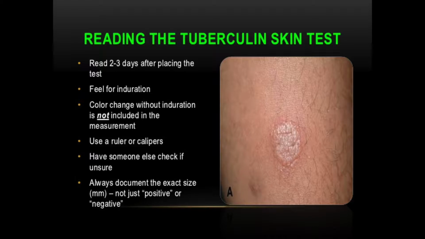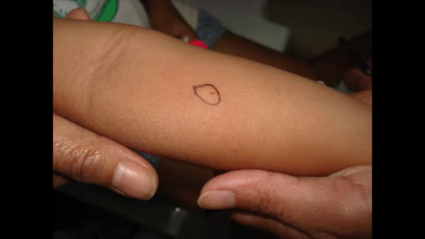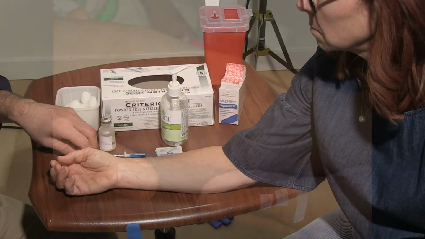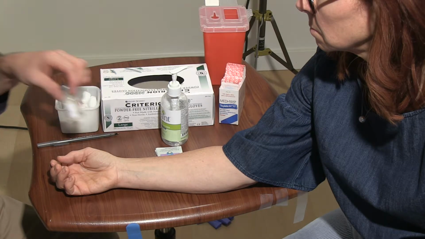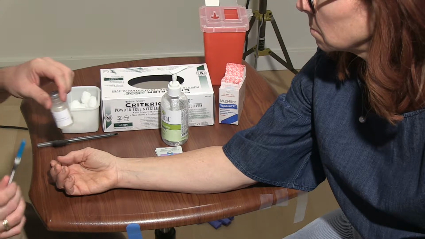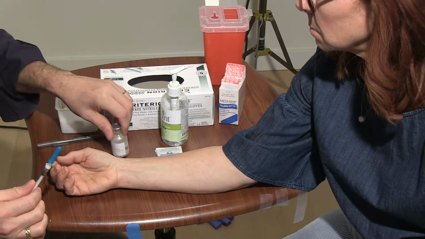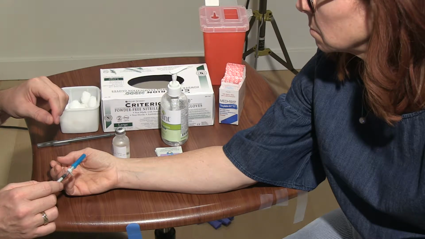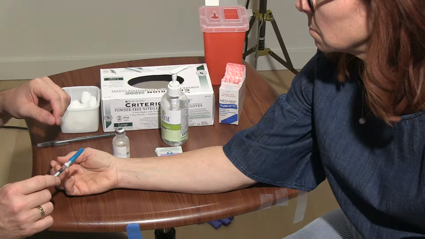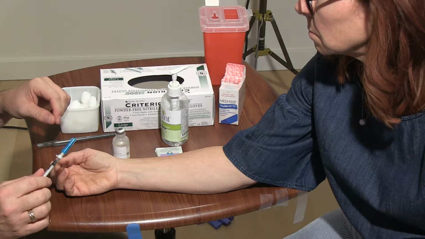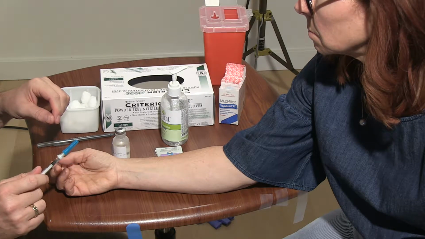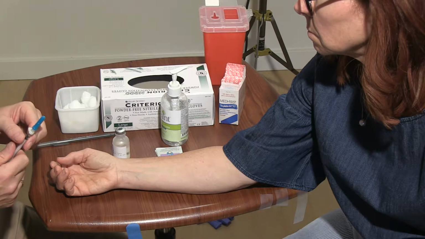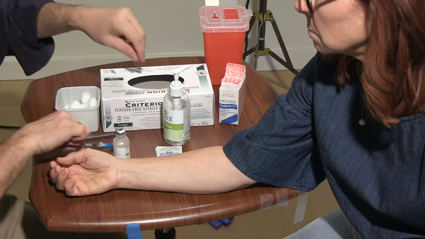Since this injection site will be reevaluated in 48 to 72 hours, a circle is drawn around the injection site for future reference. So Mrs. Morrow, we have an order to place a PPD from your doctor. I'm going to be injecting a small amount of tuberculin solution right under the skin. I'm going to draw a circle around it so that we can take a measurement of your reaction in 48 to 72 hours. Okay? So I'm going to start first by